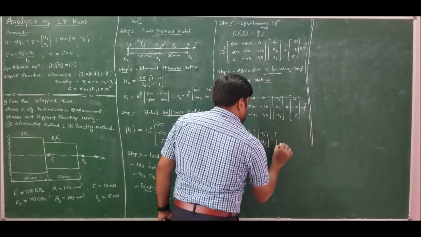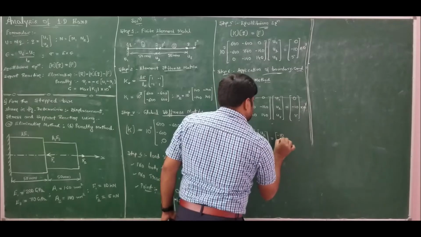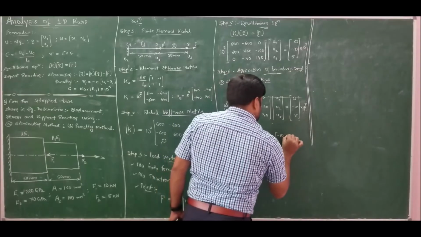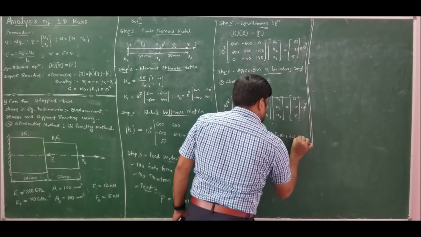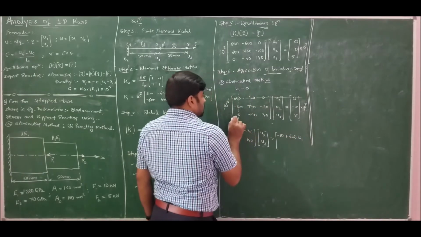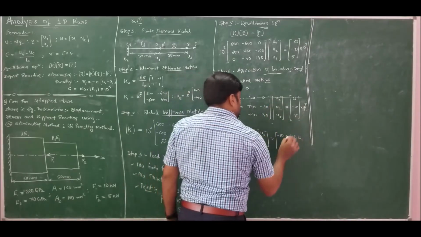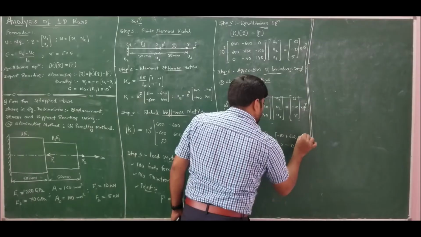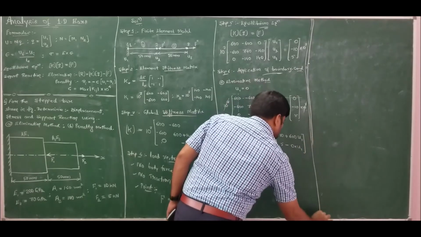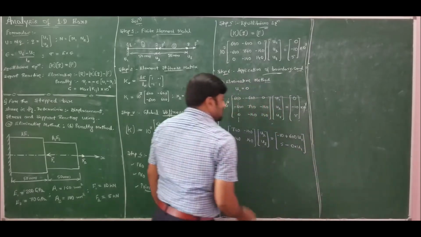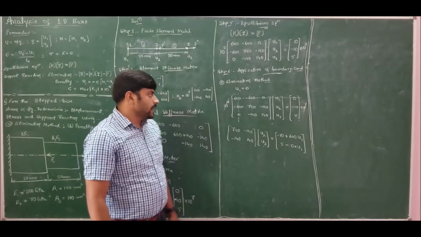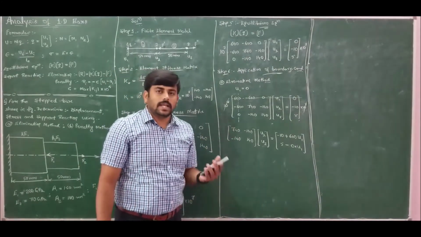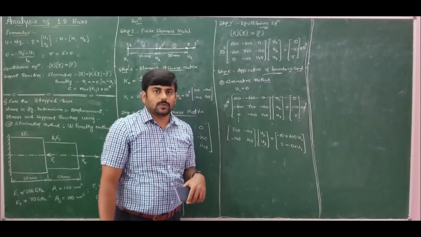This must be equal to minus 10. So minus 600 will get multiplied with u1, therefore it will be plus 600 u1. The 0 will be multiplied with u1 and moves to the RHS. So 5 minus 0 into u1. So this is what we will get. This is the proper way of applying the elimination method of handling the boundary condition, which we have clearly discussed in lecture 1 of this module 2.